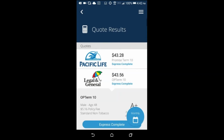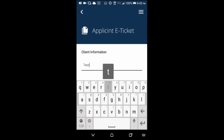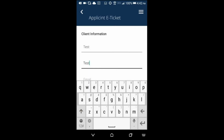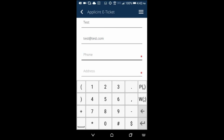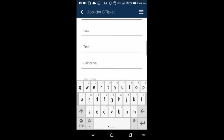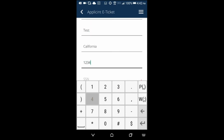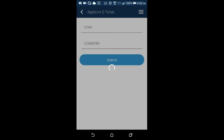Here also is an example of the integration on the mobile app. You start off pretty much the same as the Agency Life Quoter, being taken to a form where you fill out some of the client's information, and then once you hit submit, you will either see that same login screen, or with coordinating with your agency, they can set up to bypass that login screen and go straight into the